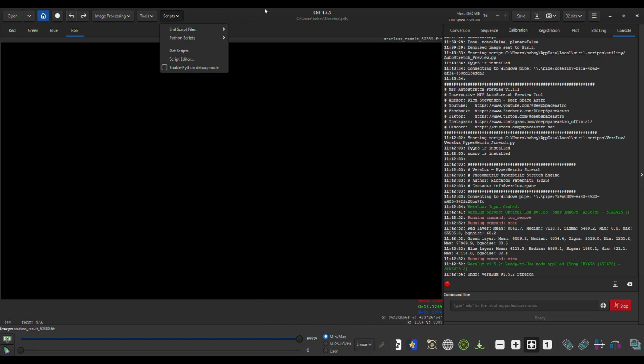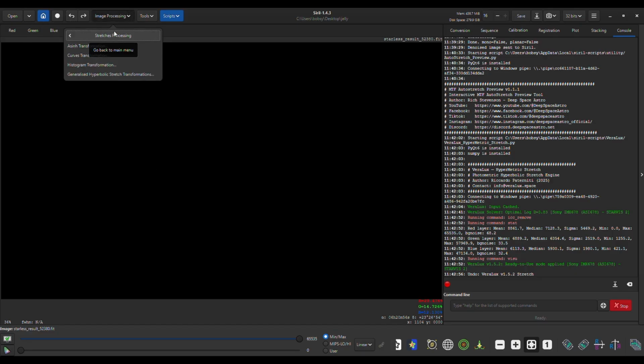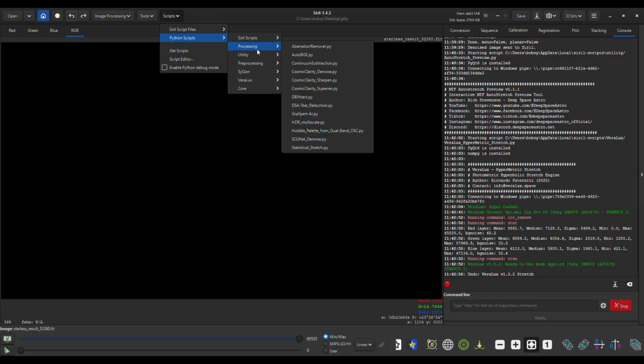Okay, now we're going to want to stretch our image. There's a few different ways to do it. There's manually stretching over here, which is several other videos probably, because there's a lot involved in that. But simpler than that, you can come in here and either go to processing, statistical stretch, which is a built-in one in the Siril